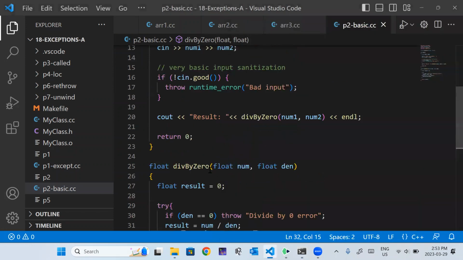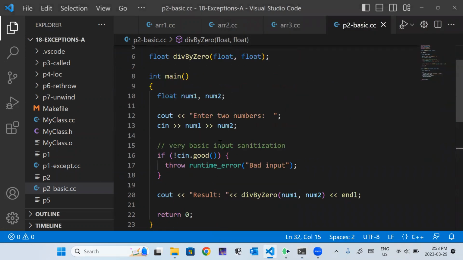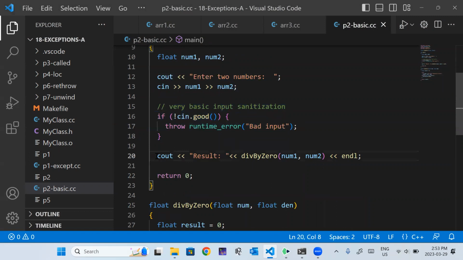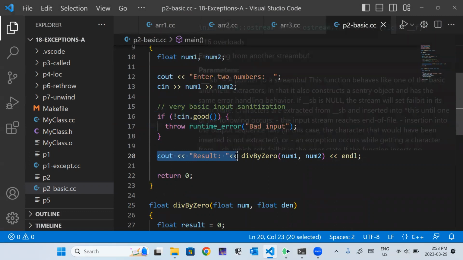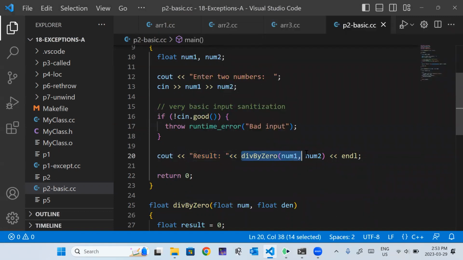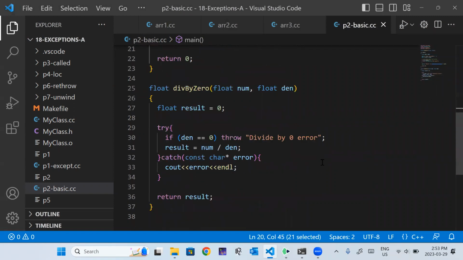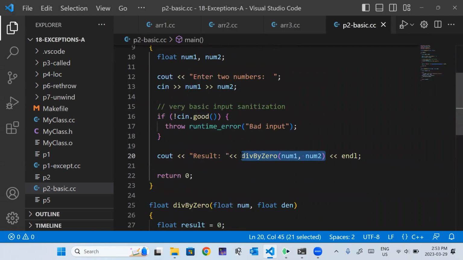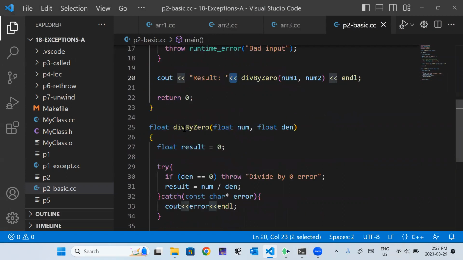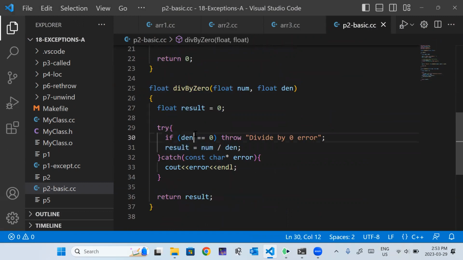All right, so let's look at the flow of control here. Yeah, we took some input. We passed this little test. Then we called on this line. This printed out result, and then it called this divide by 0 function. And the idea is whatever is returned by this divide by 0 function is then applied to this stream insertion operator. The divide by 0 function, instead of returning something, or actually, no, sorry.